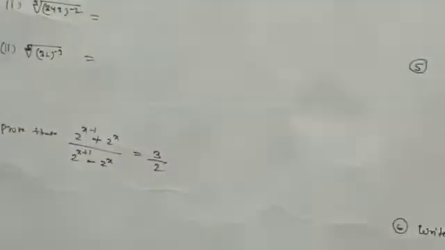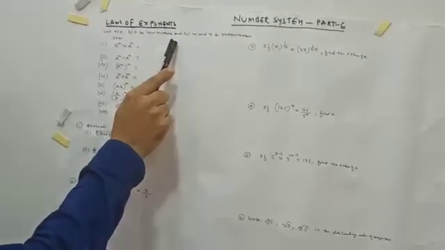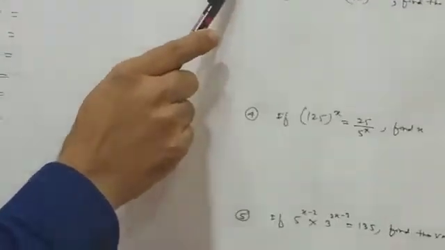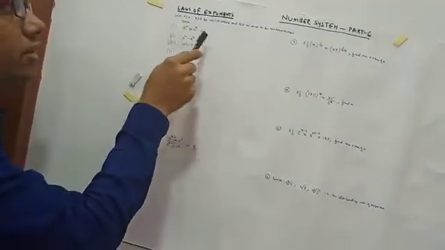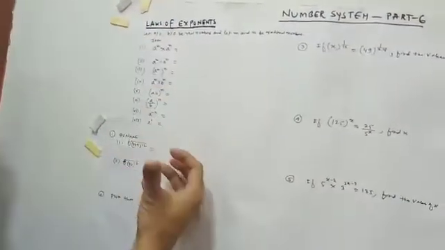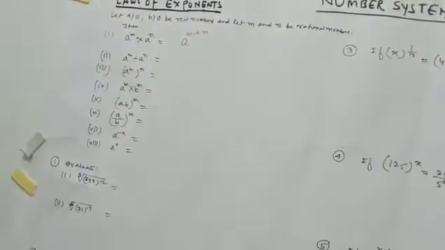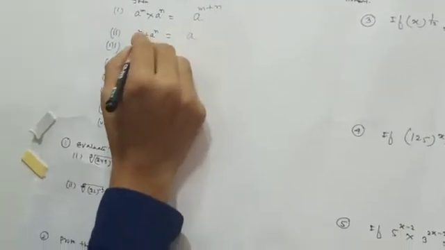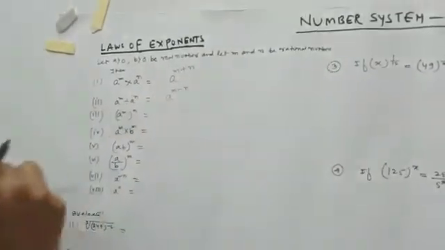Laws of exponents. Let a greater than 0, b greater than 0 be real numbers, and let m and n be rational numbers. Then a raised to power m into a raised to power n. The exponent is nothing but a power, so we are going to see the game of power here. When the base is same, the exponents are going to be added. With a division sign, both the powers will be subtracted, m minus n.